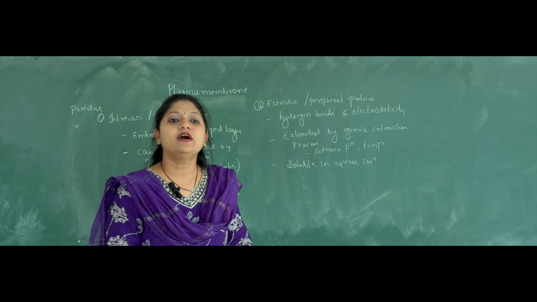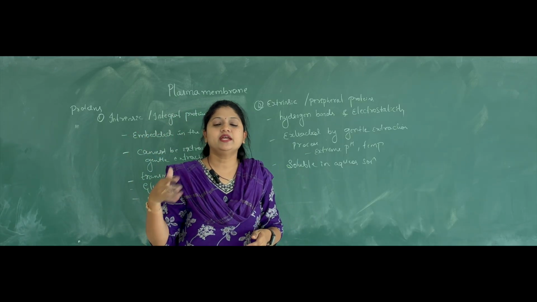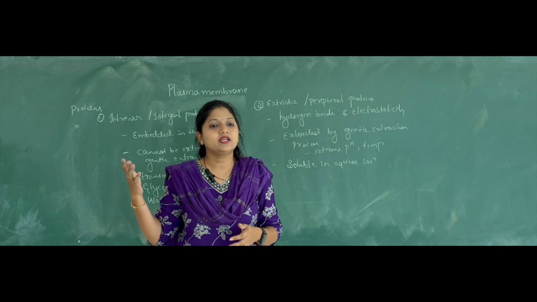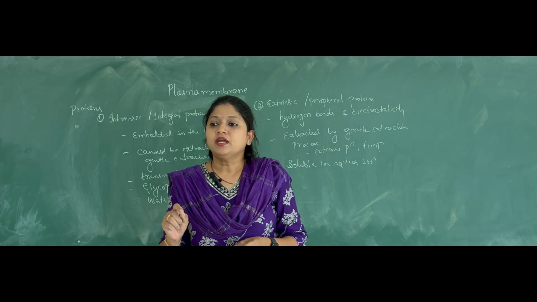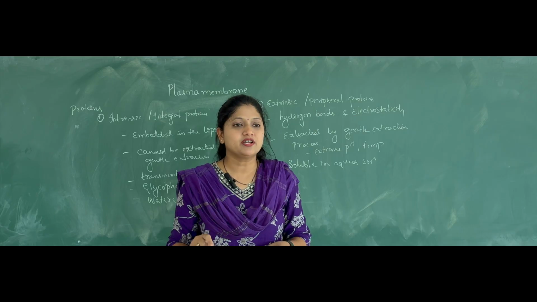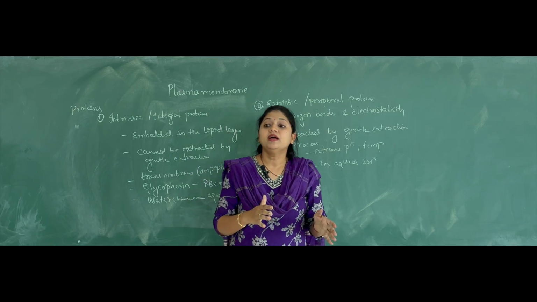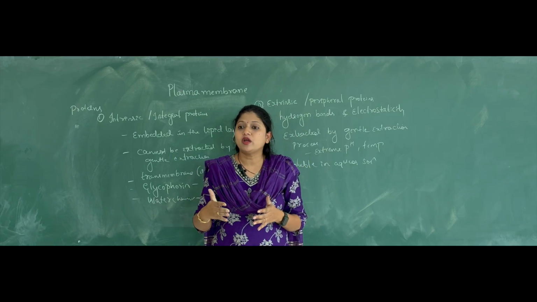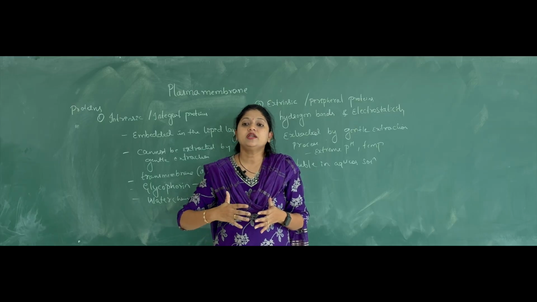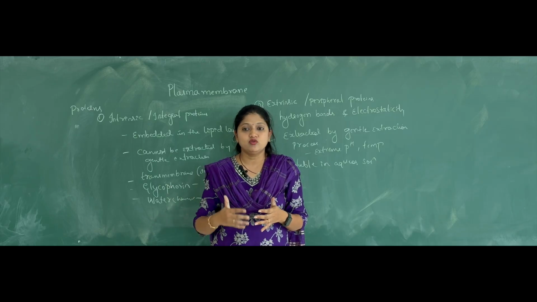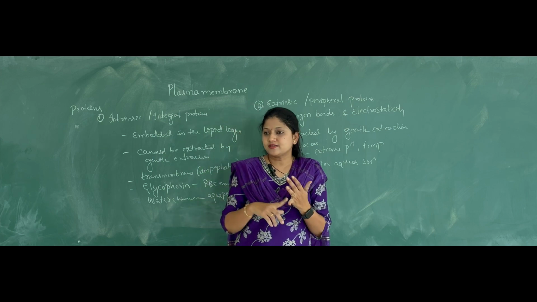However, coming to the functions of the plasma membrane, we'll just go through the functions in a very general way, and then we'll take up the transport and everything in detail in the next videos. Okay. So the first and important function is homeostasis. Homeostasis is maintained by regulation of the transport of molecules in and out of the plasma membrane. So the plasma membrane will regulate the transport of molecules inside and outside to maintain the equilibrium, or the homeostasis, in the cell. This is the first one.